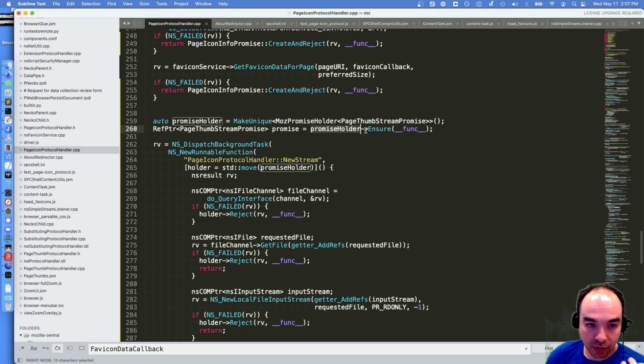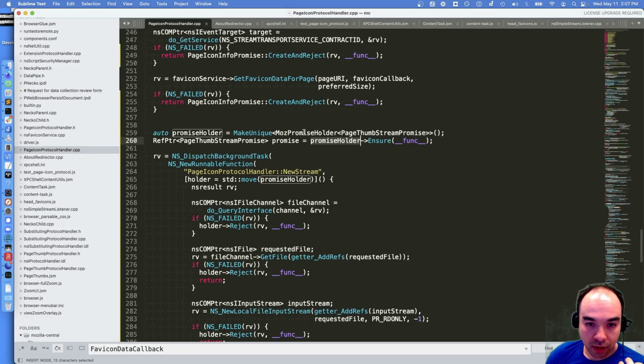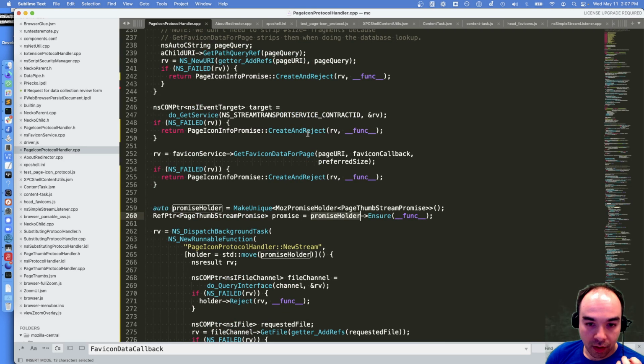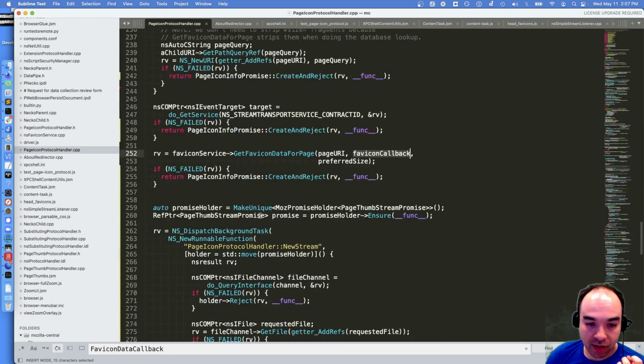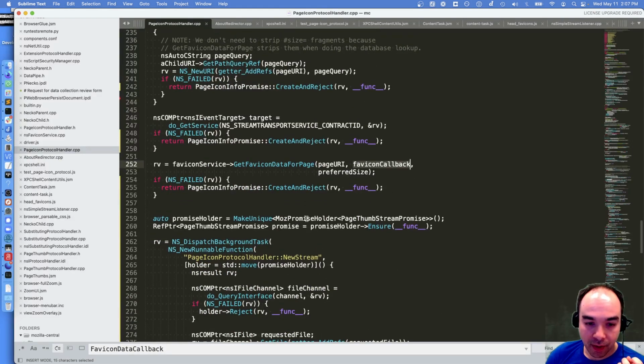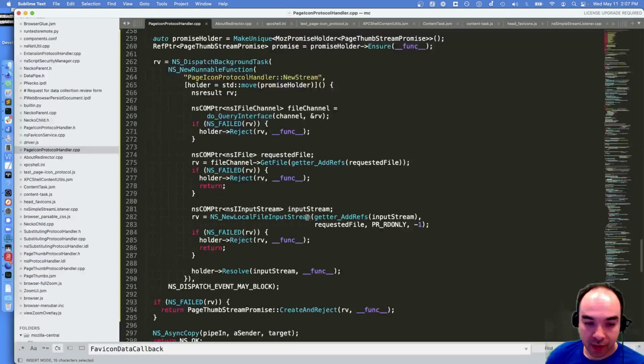Moz promise holder. Can we pass that through the favicon callback up here? Like we construct this first, pass the promise holder. I think that might be better.